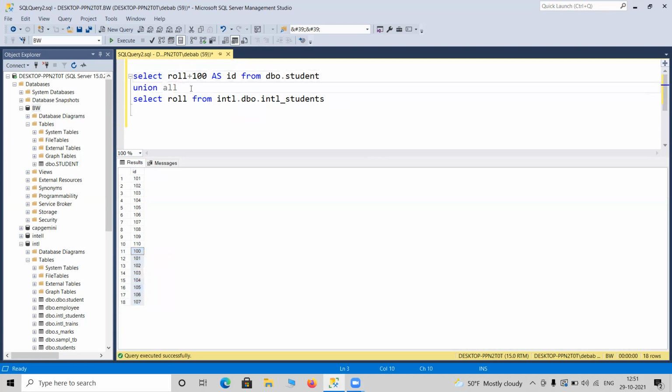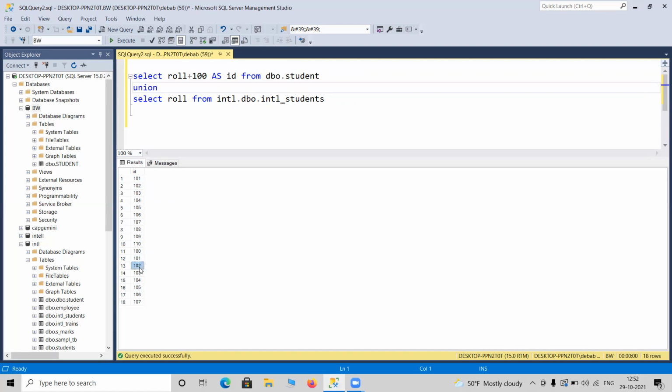But if I remove all, it will not display the duplicate ones. In the result set, you are not going to see 18 results anymore. You can see we have 18 values. So duplicate values will be removed. Duplicate as in, look here, 101 is duplicated.